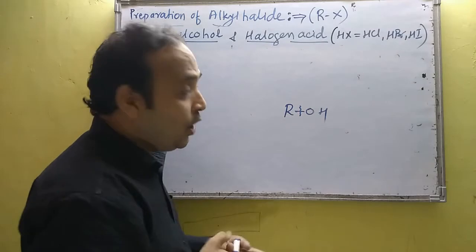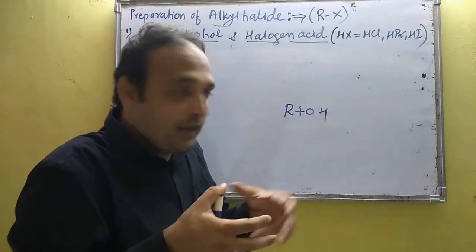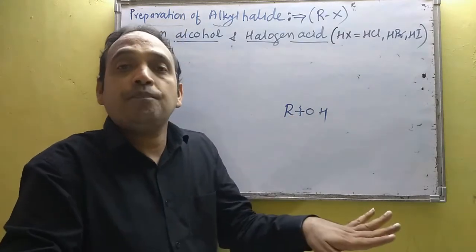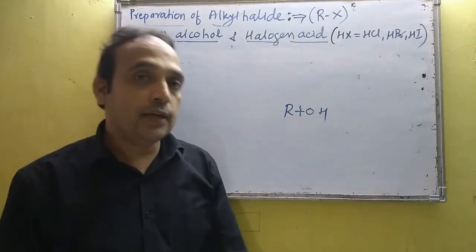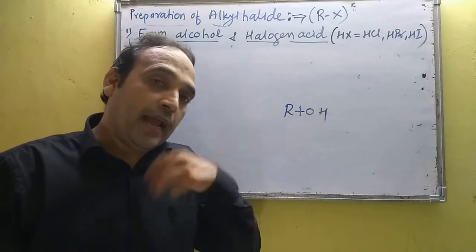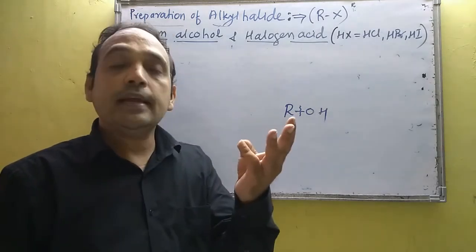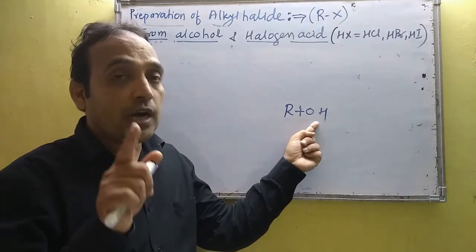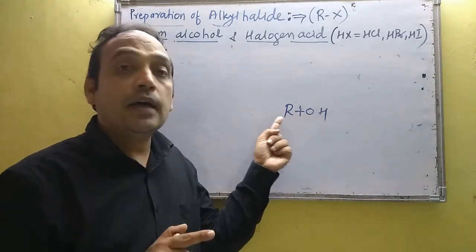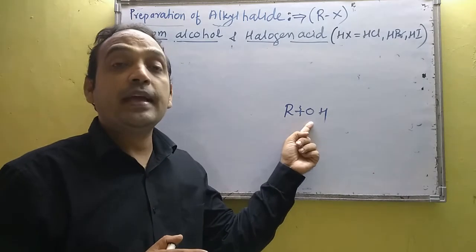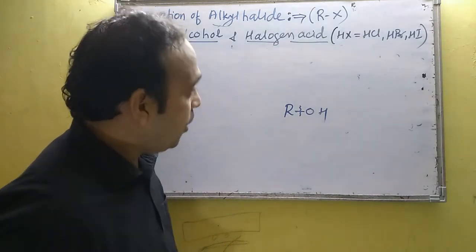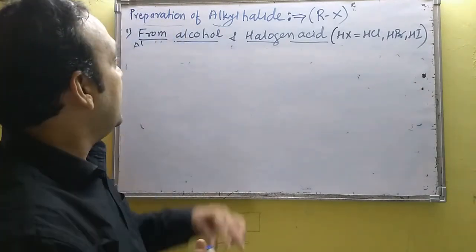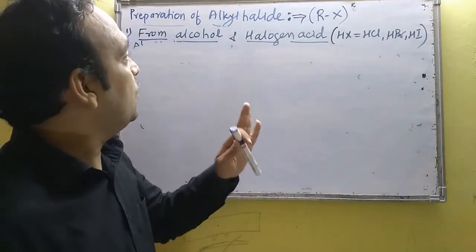वो क्या करता? OH के साथ coordinate बनाता, okay? और ये bond को weak कर देता. Means this bond will easily break. So what is the role of anhydrous zinc chloride in HCl when it reacts with alcohol? First, it is a Lewis acid, and second, it coordinates with the OH of the alcohol and weakens the RO bond. So in the preparation of alkyl halide using alcohol, our first method was